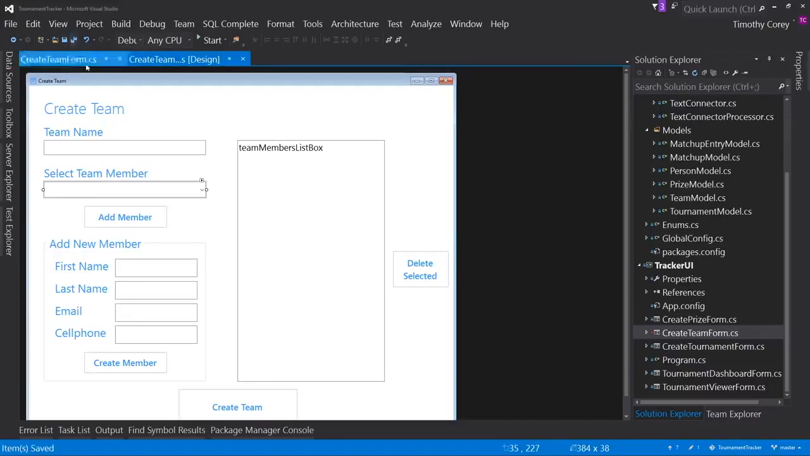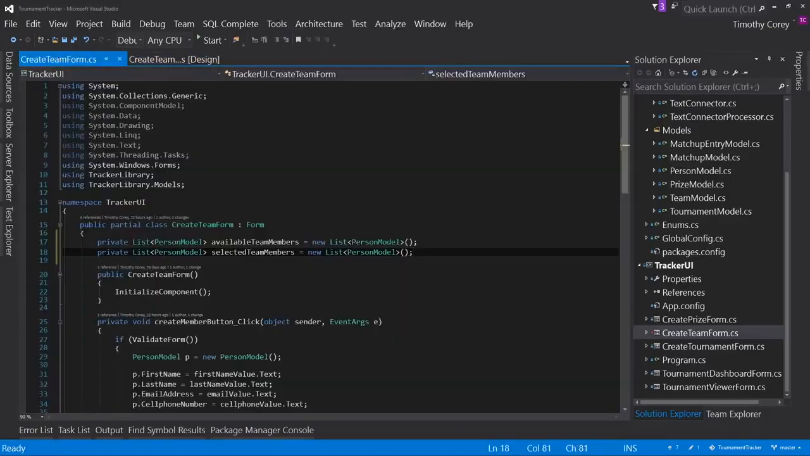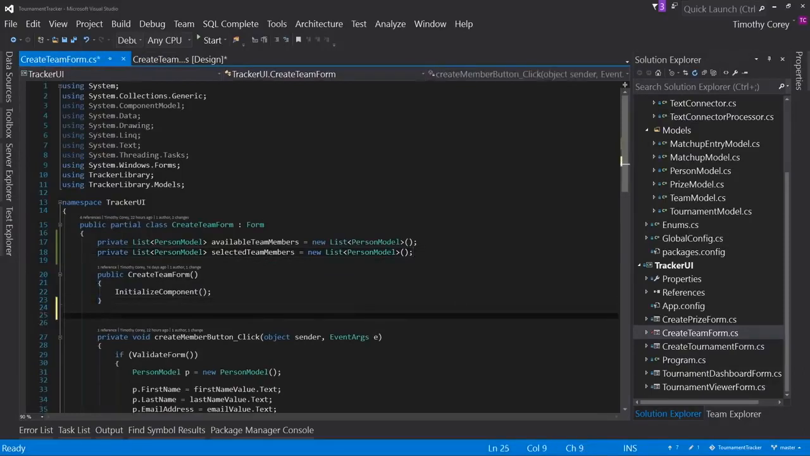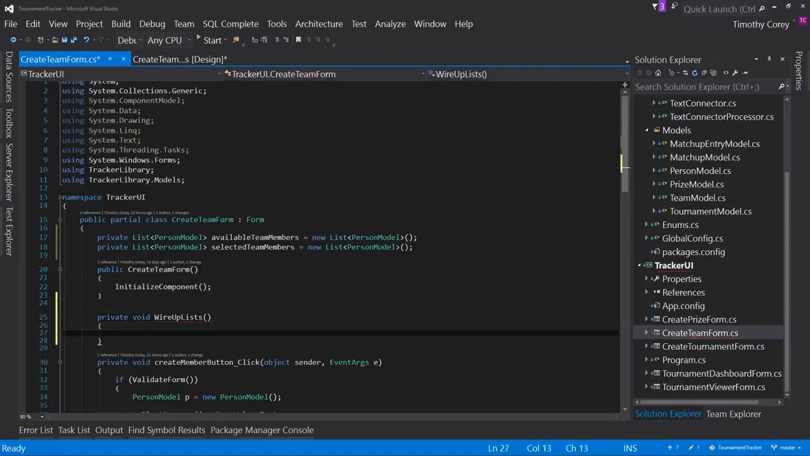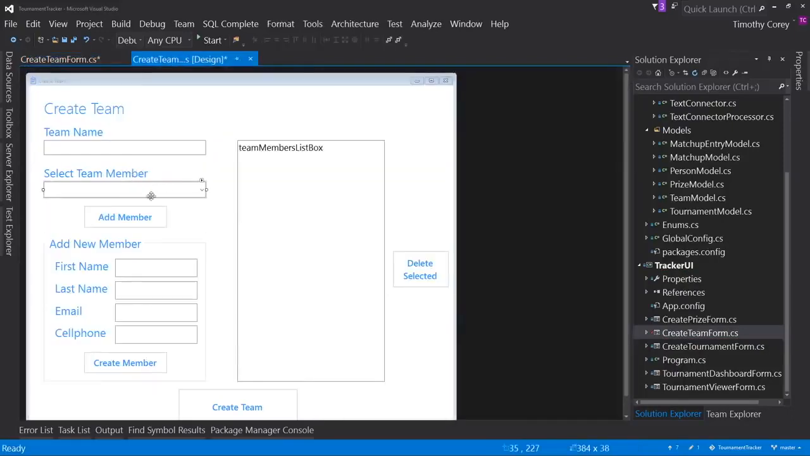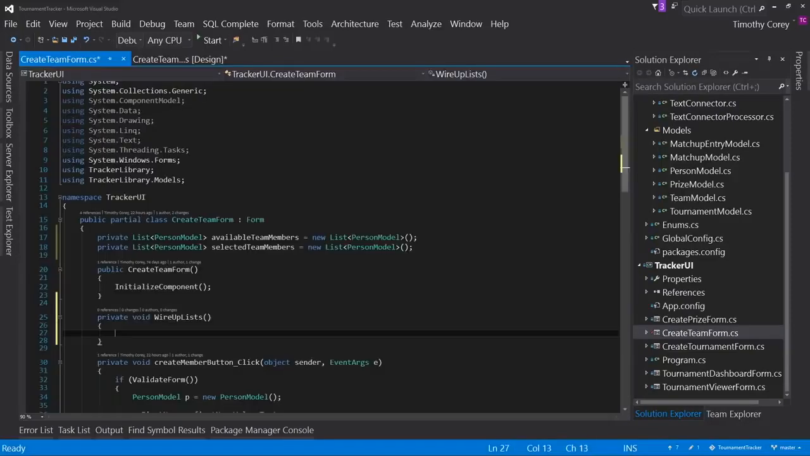Okay, so we have these 2 lists. The available will go over here, and the selected will go over here. So that's our 2 lists. Now let's create a method that wires these lists up. So I'm going to create a method called private void wire up lists. And what this will do is it will wire up our dropdown or combo box and our list box to our list. So we can say,